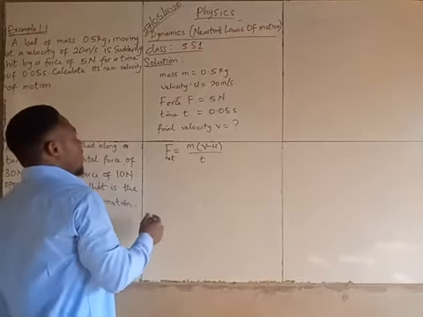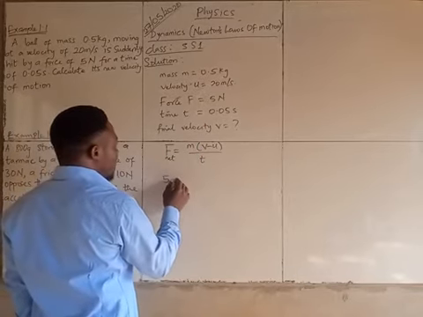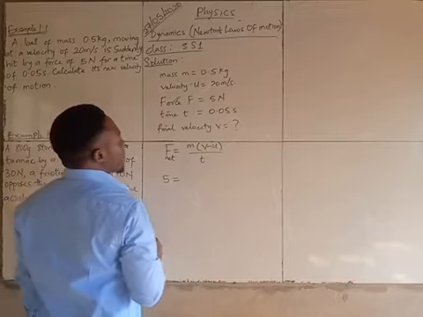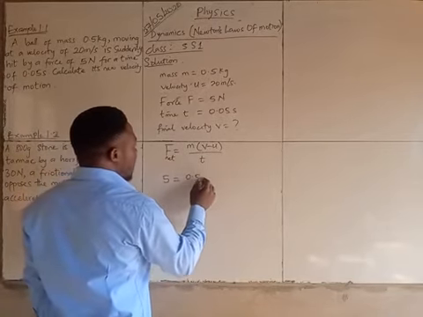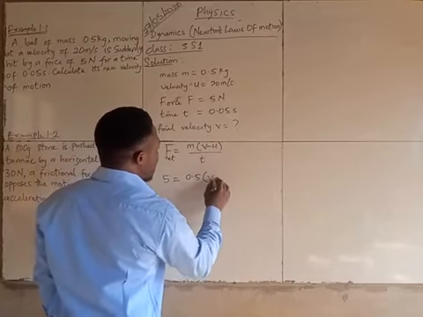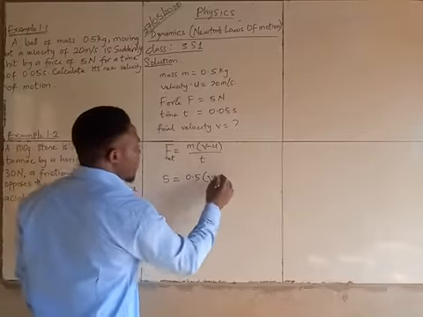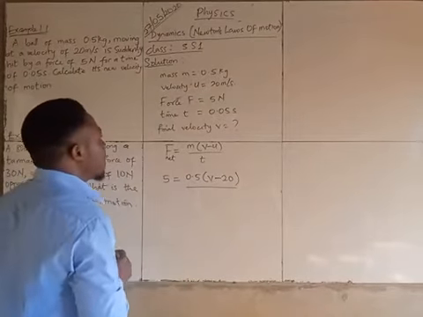And we already have F to be 5. Let's substitute. We have F to be 5, the mass M to be 0.5, and the final velocity, which is unknown, minus the initial velocity, 20, all over the time taken,